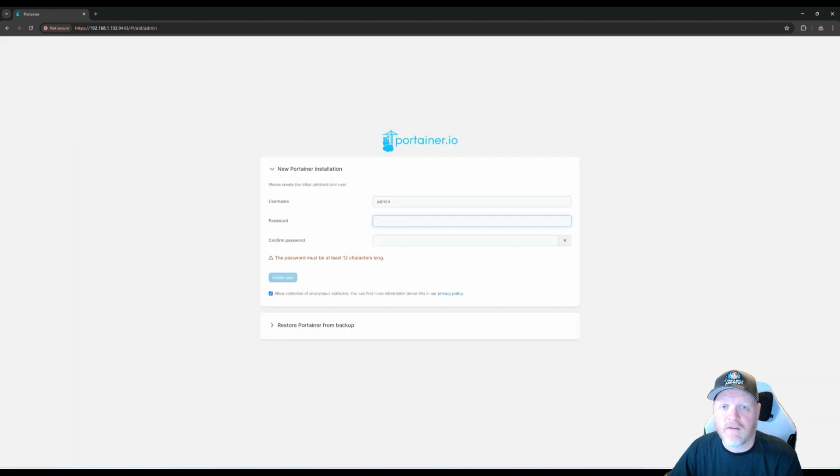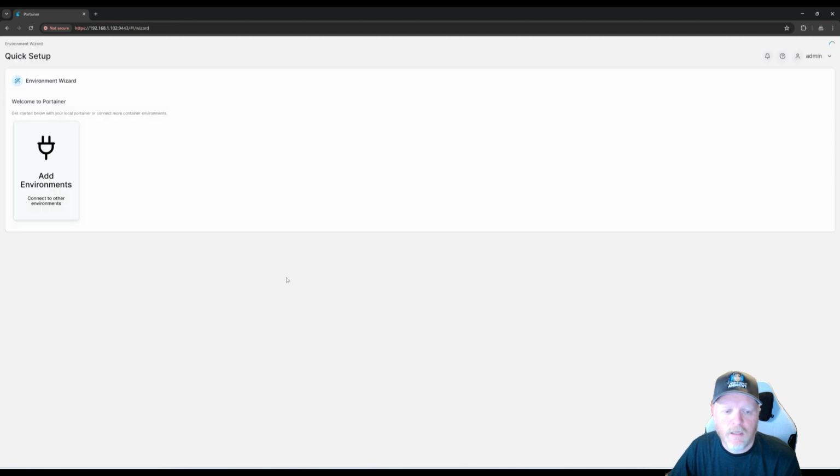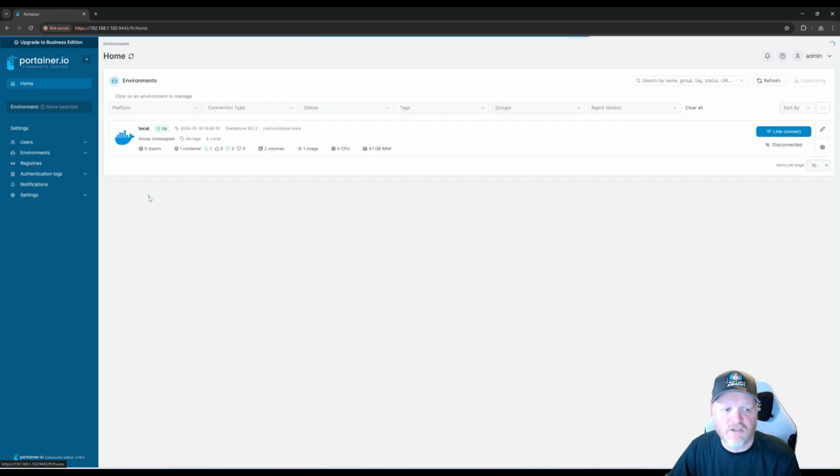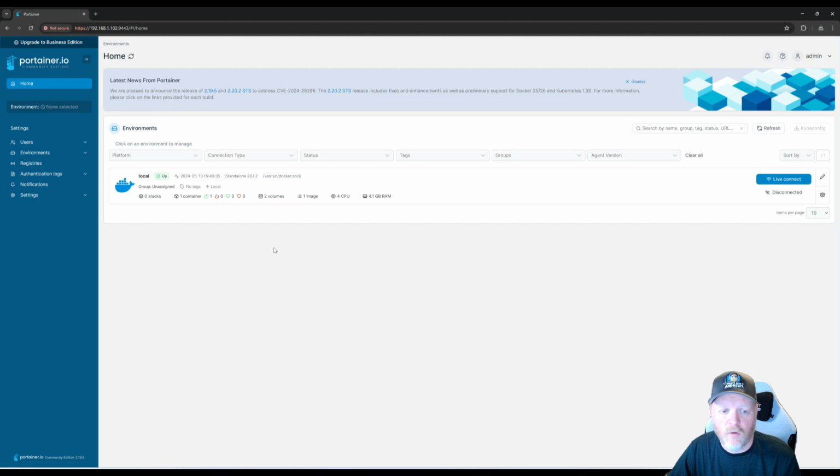First time you're there, you're going to have to set up a new account. So we're just going to use admin and we'll put in a password. You can choose whichever username you want. I'll just leave it as admin. And then you can choose whether you want it to share data or not. That's fully up to you. Go ahead and create user and we're there. So we can add other environments or get started. In this instance, it's standalone, so we're just going to say get started, and it'll take us to our Portainer